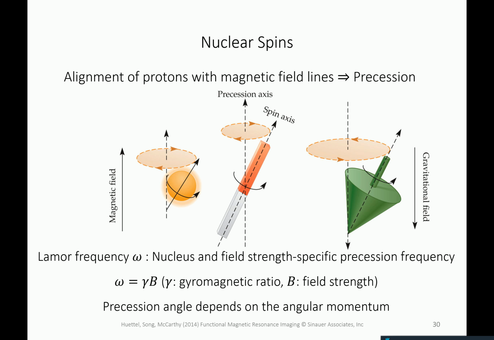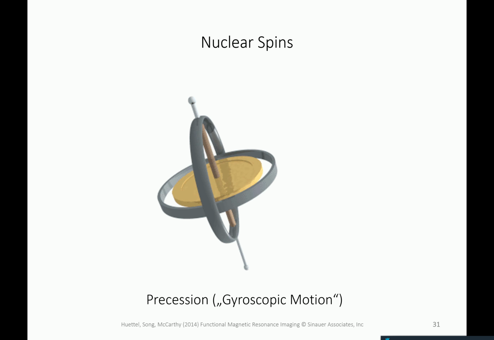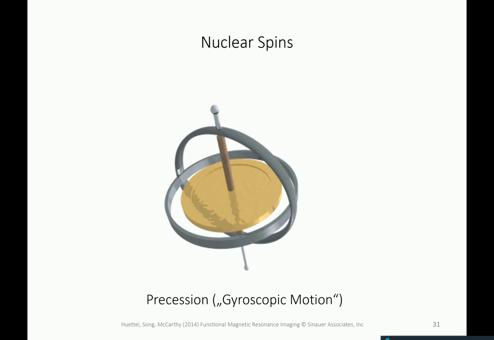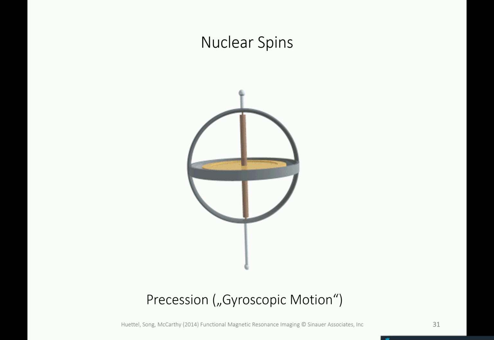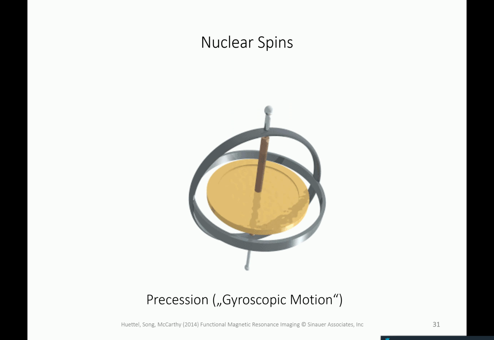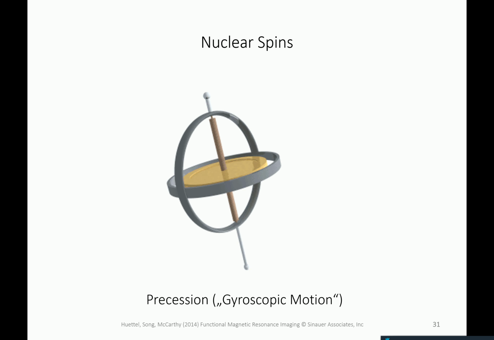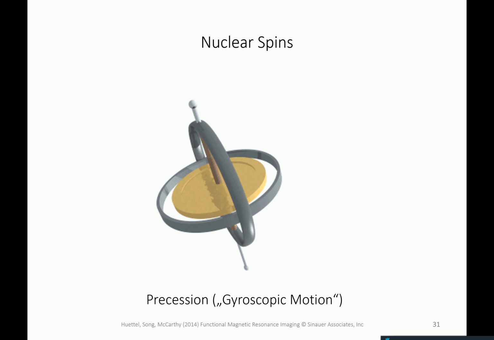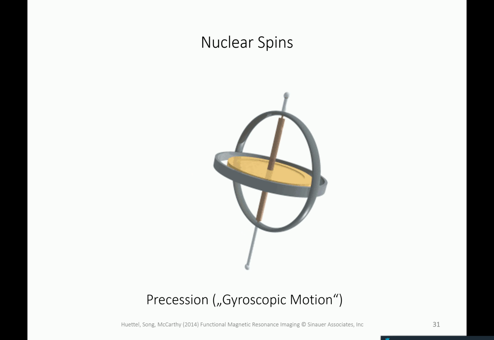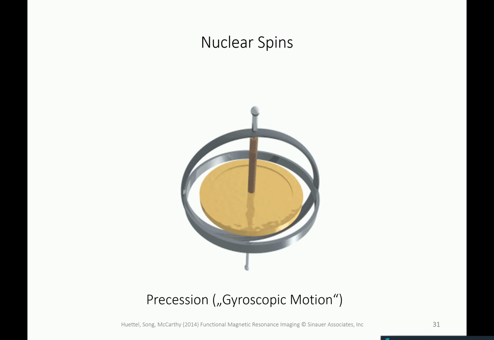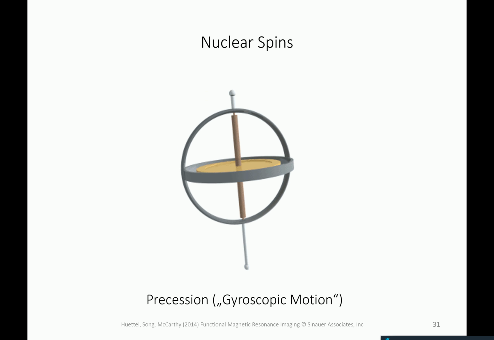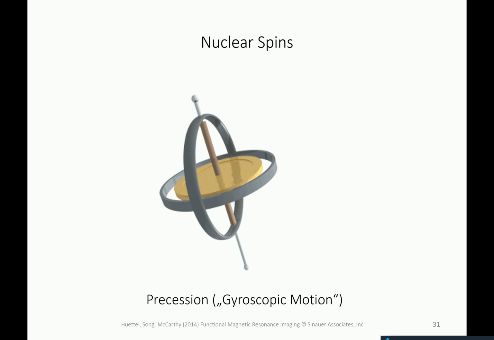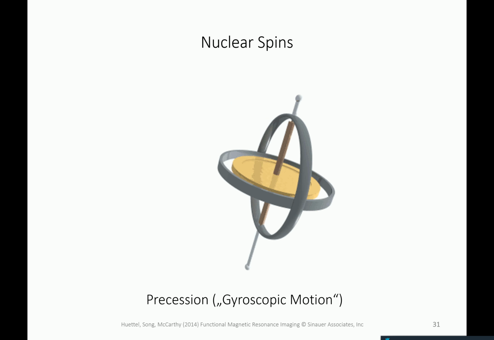Now, what is precession? This is precession. See this? So precession is a term that you might not have heard before. It's called gyroscopic motion, so it's based on this classical mechanics thing that you might have played with as a kid. So a gyroscope, ein Kreisel, that you turn, and then under the assumption that there is no energy loss by friction, what happens is that if this thing spins around its own axis, as you can see here,